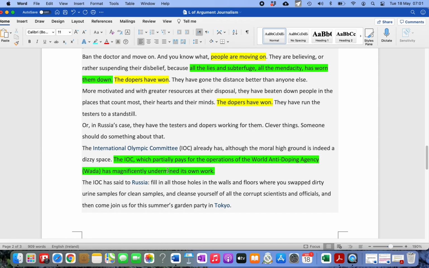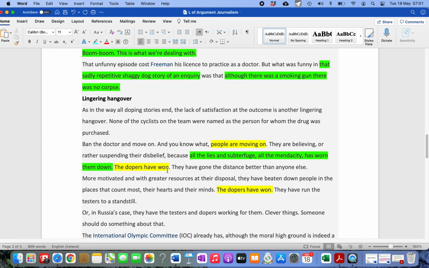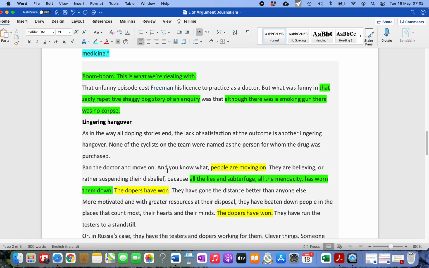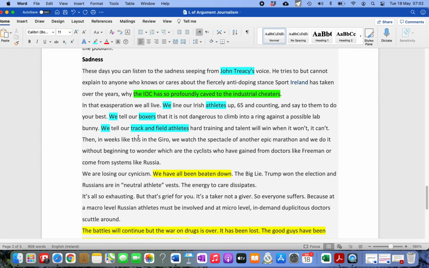That is highly emotive language. The words lies, subterfuge, mendacity, magnificently undermined. The words smoking gun, corpse. These are all buzzwords. This writer is using language in a very biased way, in a very emotive way, to persuade the reader of the truth of his case. He's writing with colour. He's using imagery. The image of the shaggy dog story, which is something of no value. The image of the smoking gun, the image of the corpse. These are all very clever